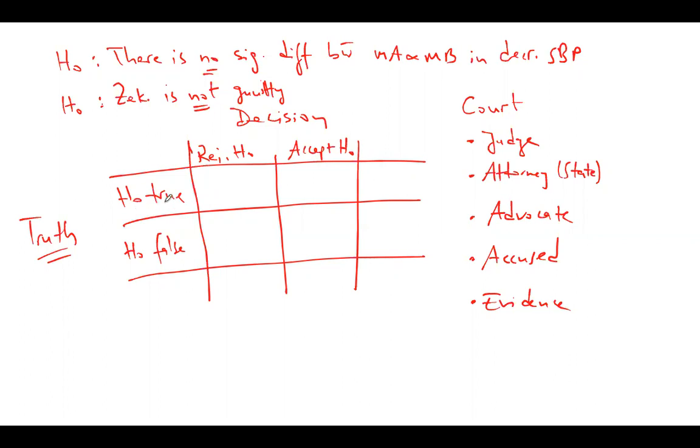So, if the H null is true, this is type 1 error, or alpha error. If H null is true, I am not guilty. The reality is I am not guilty. I know it. Allah knows it. I swear I didn't do it. But you are the judge, you reject it. You say put him into prison. This we call the alpha error or the type 1 error.